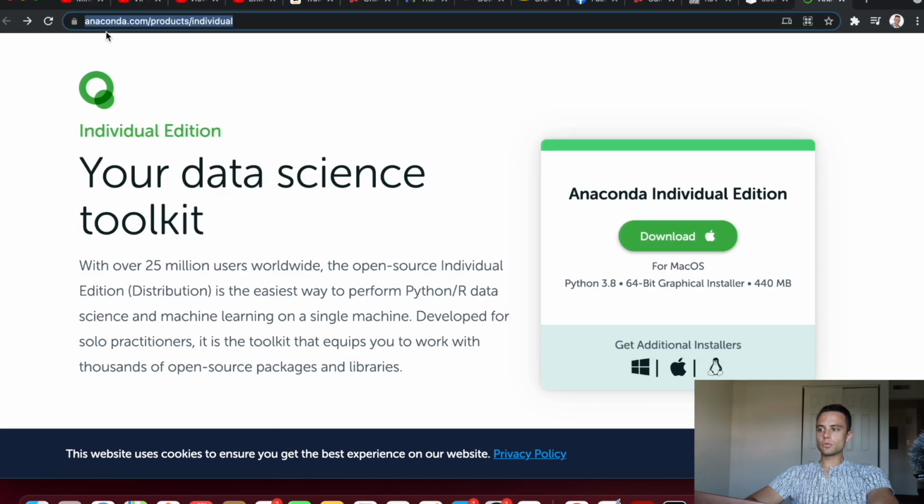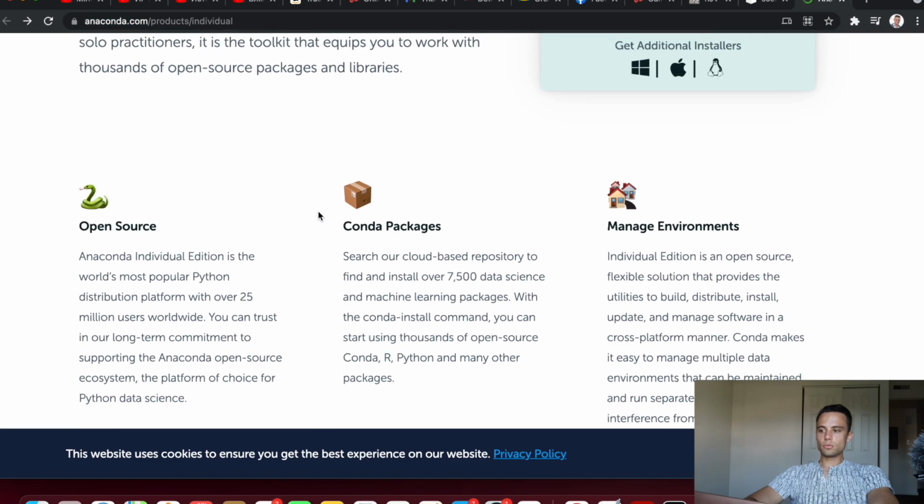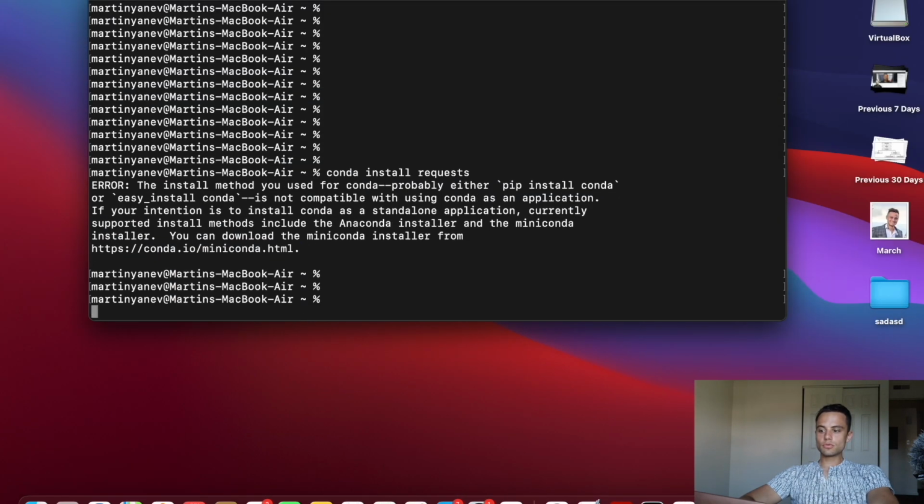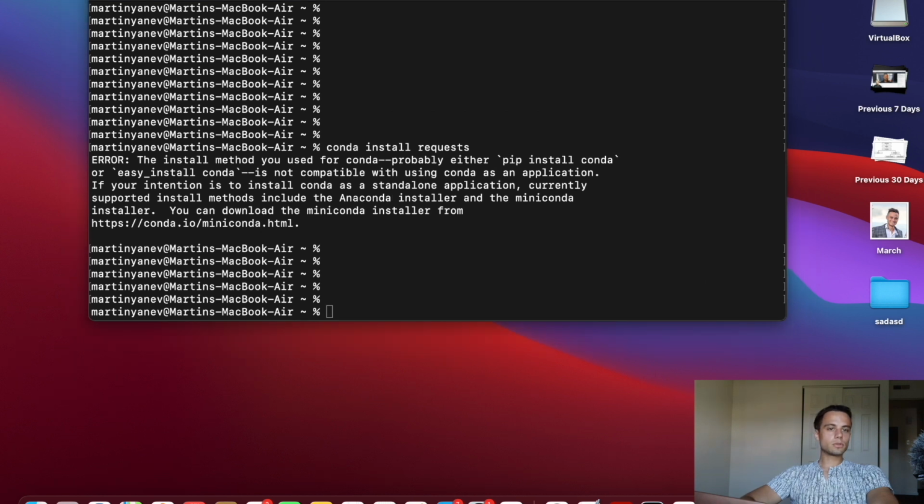So you need to go to anaconda.com products individual, and then you will be able to install the additional package needed in order for you to use conda to install packages. But since I don't use conda to install packages, I will not go to this website because I don't need it currently. Now, the next way for you to install packages in Python that we're going to cover today is